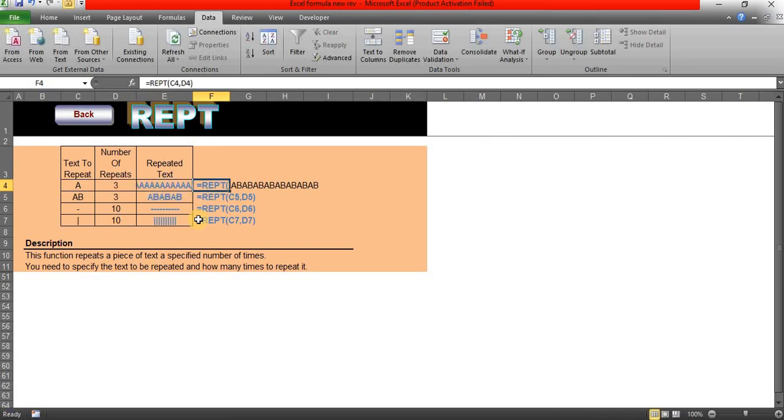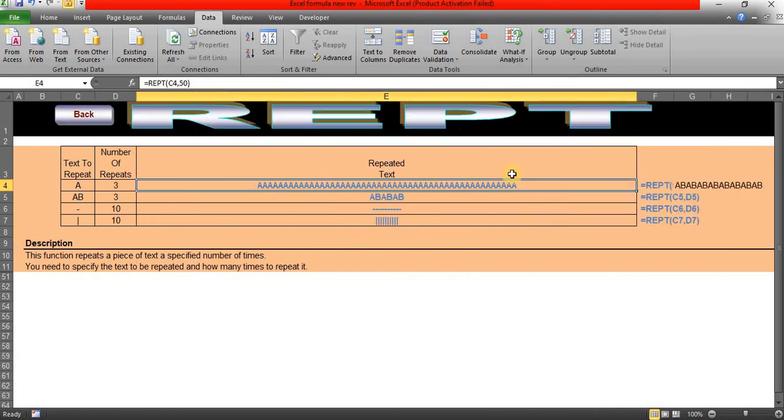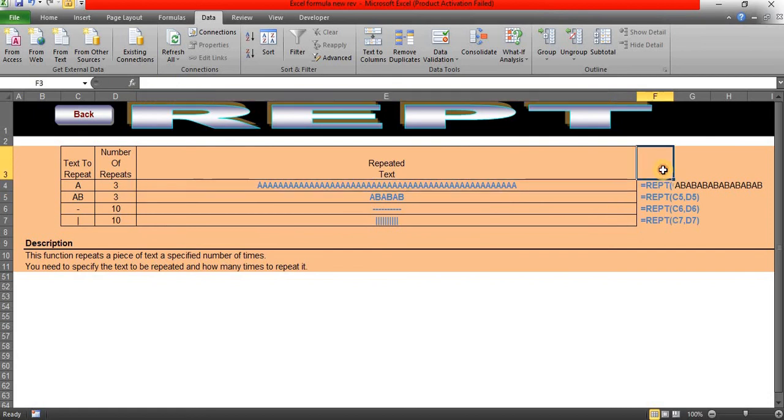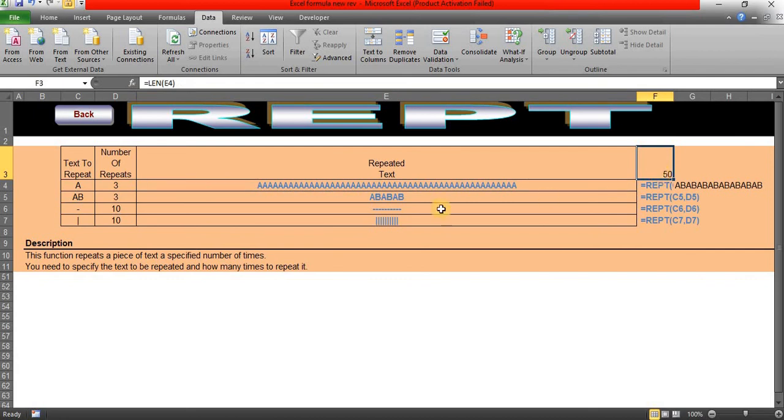Okay, I can give 50 times. Now you can see it's repeated 50 times. Using the LEN formula, I can show you the counts. Perfect. So within this cell, we have 50 text characters. It is repeated 50 times.